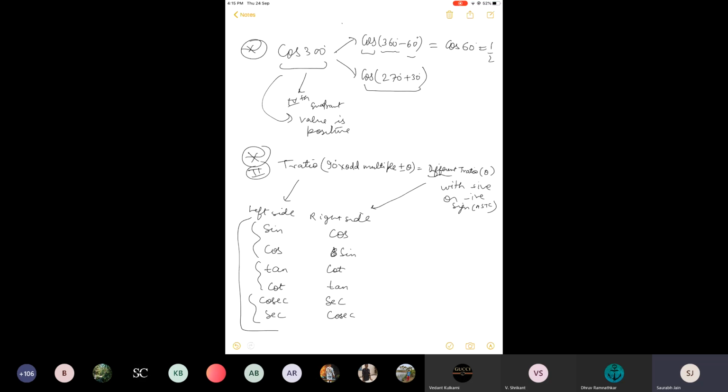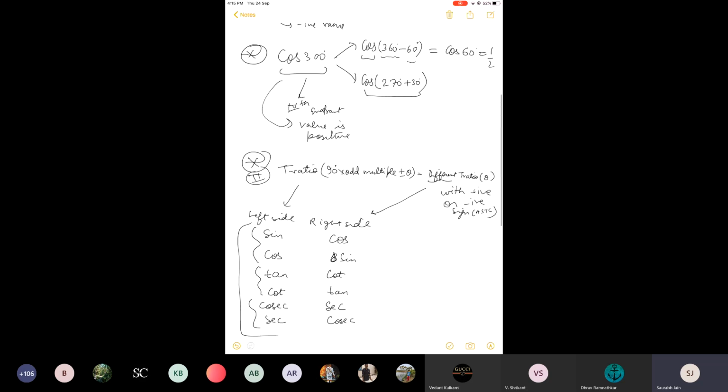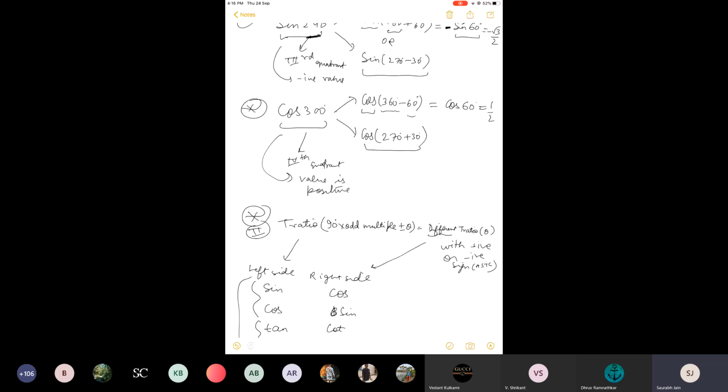So let us do one thing. With the help of this rule, let us find these two values, that is sine 240 and cos 300, but now using odd multiple. So see here we have this result. Sine 240 we have already calculated. It is minus root 3 by 2. So you find the value with the help of even multiple or odd multiple, you will get the same answer. If you are using a different method, that will not lead to a different value. If you are getting different values, then you are making some mistake. Let us see how to get this answer now.